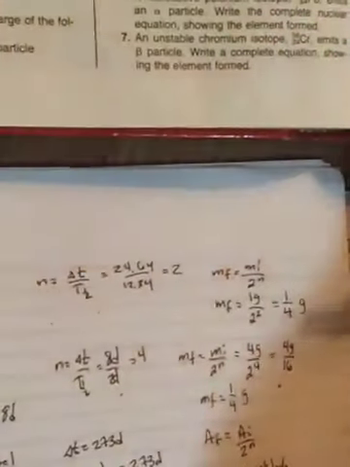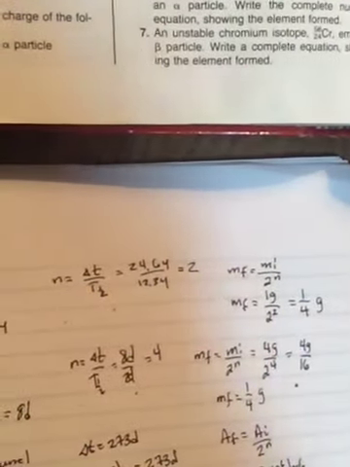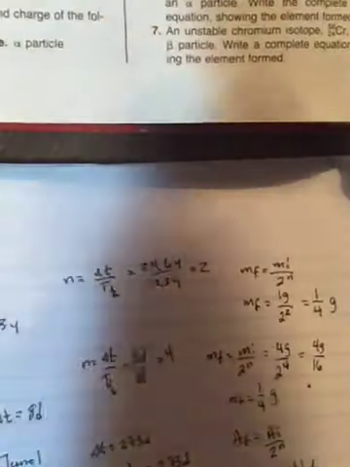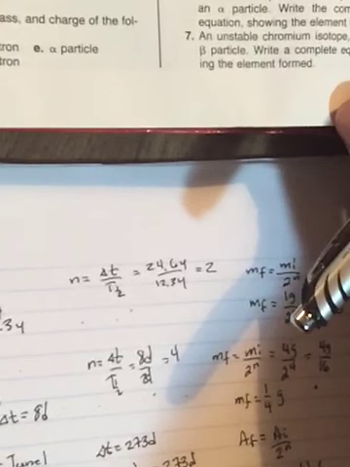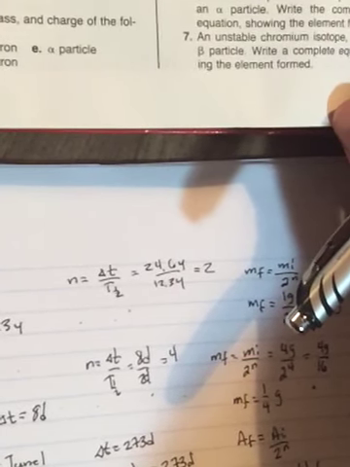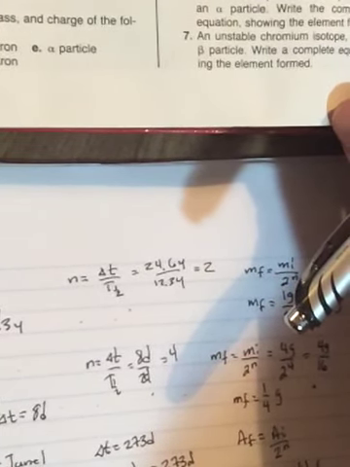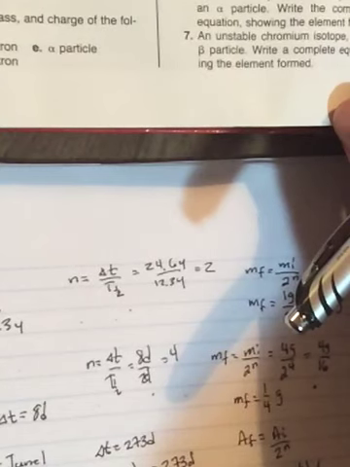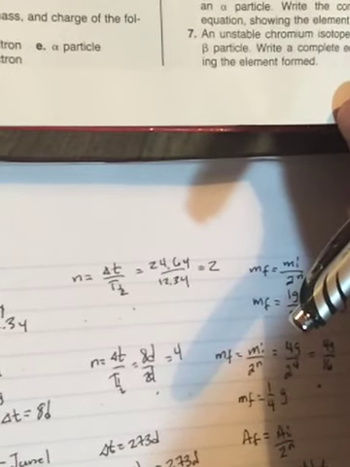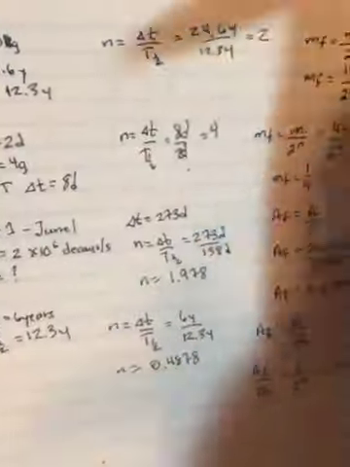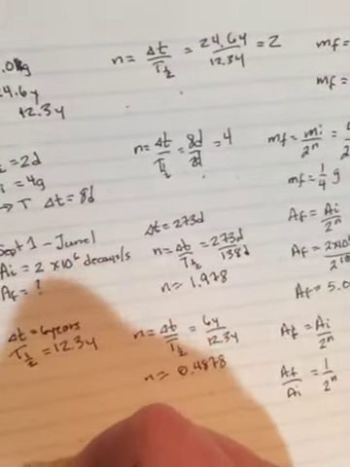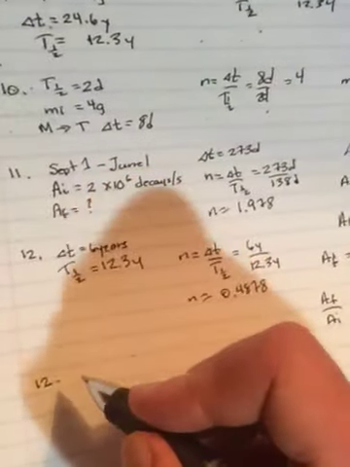Flipping to the back of the chapter, I then asked you to do questions 12 through 17. We're going to run out of time here in a minute. 12 says, in an accident in a research laboratory, a radioactive isotope with a half-life of 3 days is spilt. As a result, radiation is 8 times the permissible amount. So for this one, number 12, it's saying